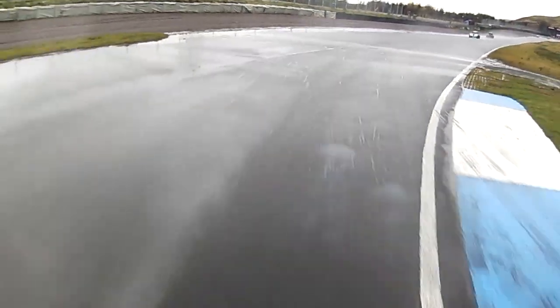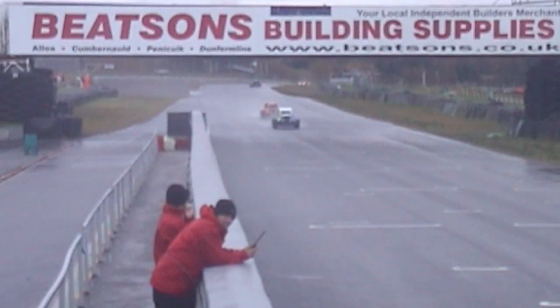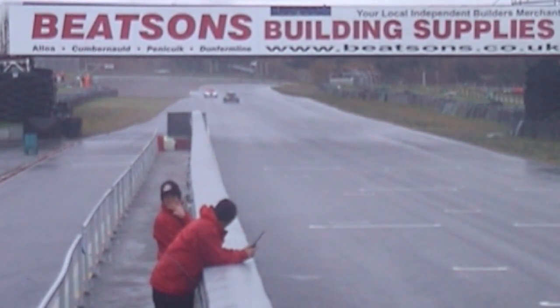Good line through the chicane, short shifts on the exit, good compression through Butchers and up the hill, and you can see him starting to put a bit of a gap into the 2012 Scottish champion already, starting just to pull away from Carol, and Carol in turn looks like she's got her head down and is starting to pull away from Hines now. Past a couple of eager beaver spectators on the pit wall, wrapped up in their high-vis wet weather gear,